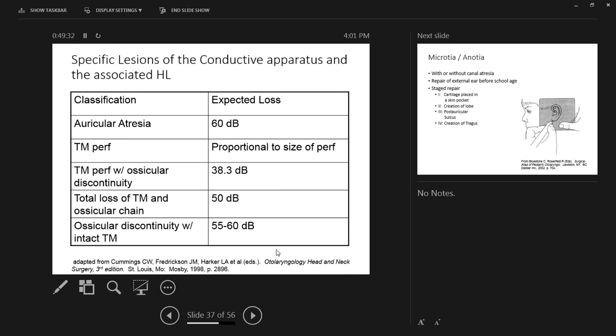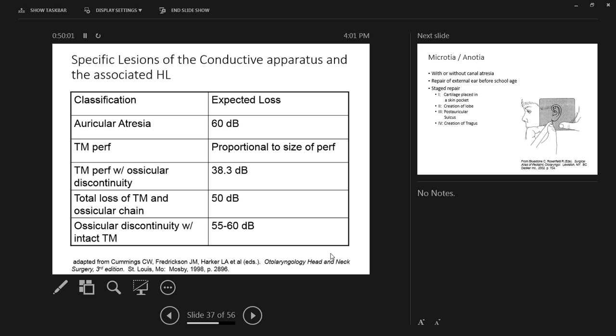Okay. So, thinking about how much hearing loss you're going to end up having. This is just talking about conductive hearing loss in general. With an ear atresia, you're going to get your max conductive loss. If you have an eardrum perforation, the amount of hearing loss is proportional to the size of the perforation. An eardrum perforation with ossicular discontinuity, where something is broken in between the malleus and stapes,